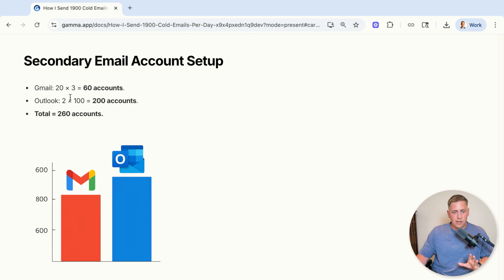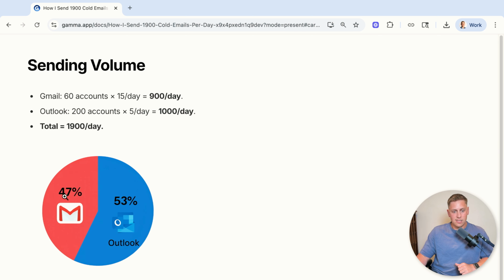More in depth around the email account setup, the Gmail solution: 20 domains and 3 email accounts per domain. So a total of 60 accounts for Gmail. And then Outlook, 2 domains, 100 email accounts on each domain, and you get a total of 200 Outlook accounts, totaling 260 secondary email accounts across Gmail and Outlook. And the allocation is about 47% to 53%, with Gmail sending 900 cold emails per day and Outlook sending 1,000